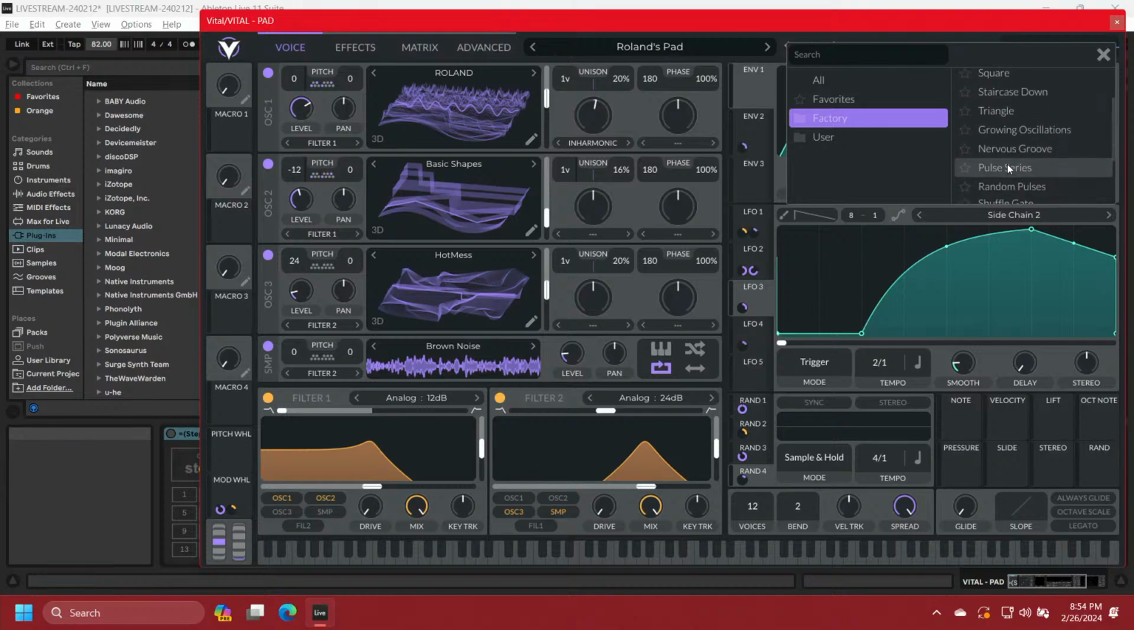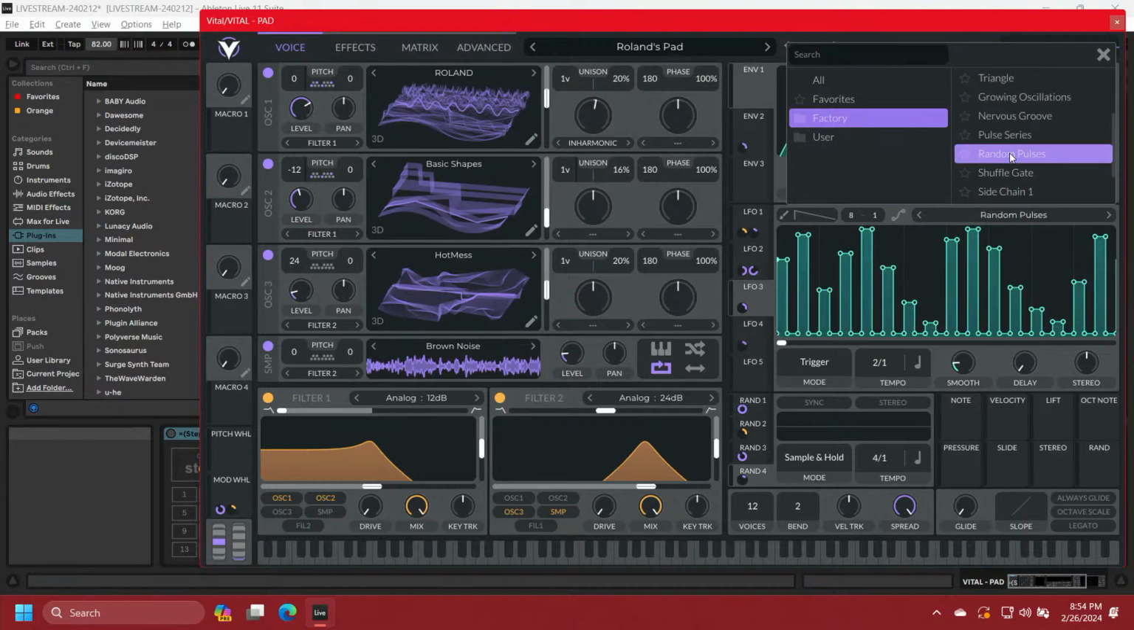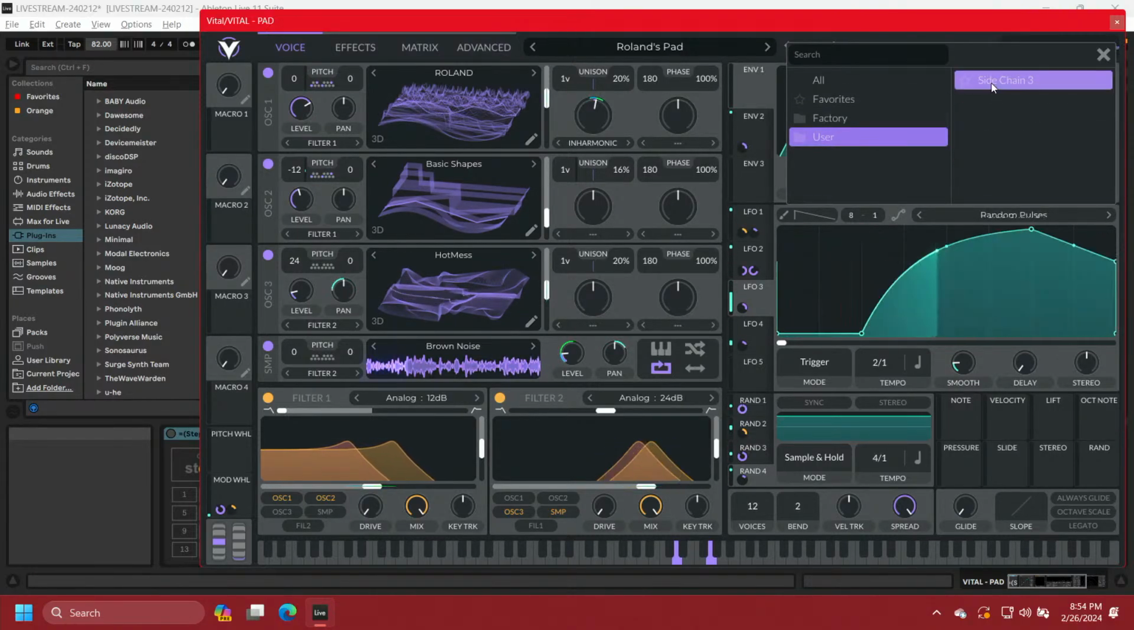But just to get an idea of some of these, there's a few that come in here that are pretty cool. We can do the random pulses, for instance. But I tend to like that less busy one. Especially if we want to do something like,